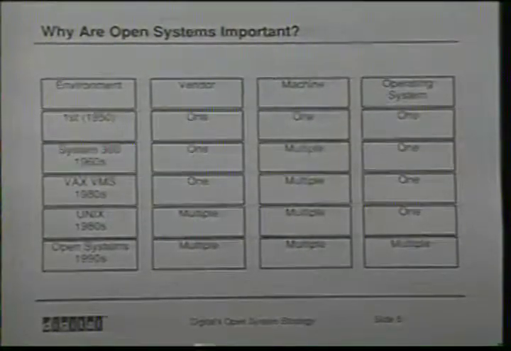now changed to the point where we still really only had one vendor and we still really only had one operating system, but we had multiple machines, a variety of different machines from that vendor that could run that operating system. Now, if you leap forward into the 1980s, Digital really set the standard for that single system architecture, the one vendor being Digital in this case, the multiple machines being the VAX family from the desktop all the way up into the data center, and the operating system being VMS.